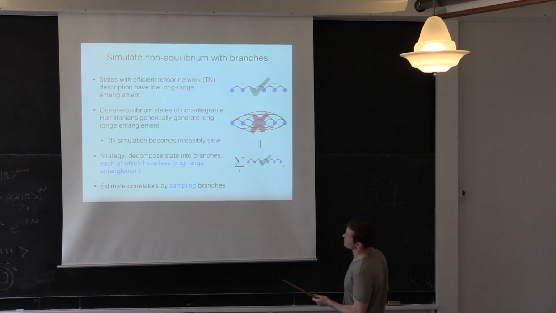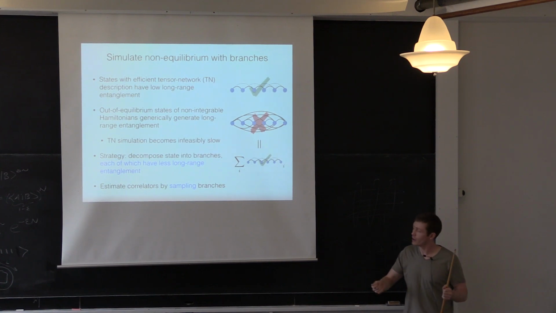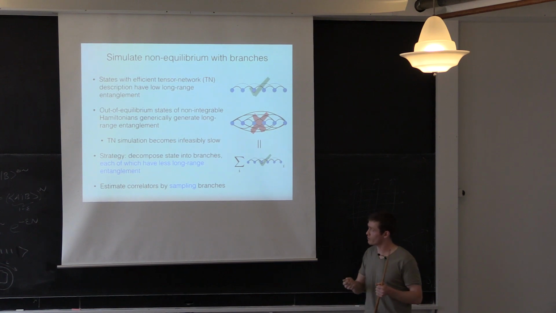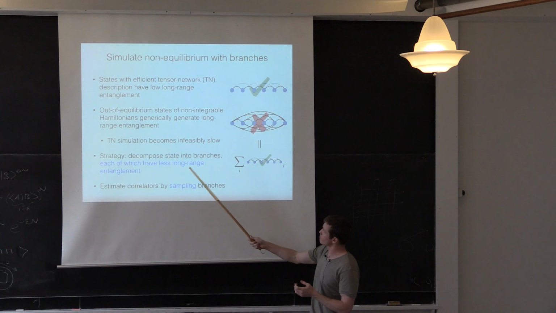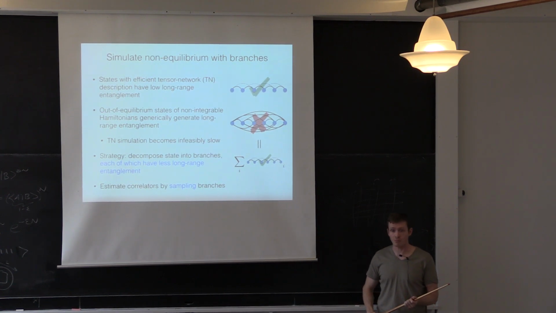So the strategy here is that you decompose the states into branches, so that even if the sum of them has a lot of long-range entanglement, each branch individually will have less long-range entanglement. And then that doesn't really help you, because then you're still keeping track of the sum, and in principle the sum should have an exponential